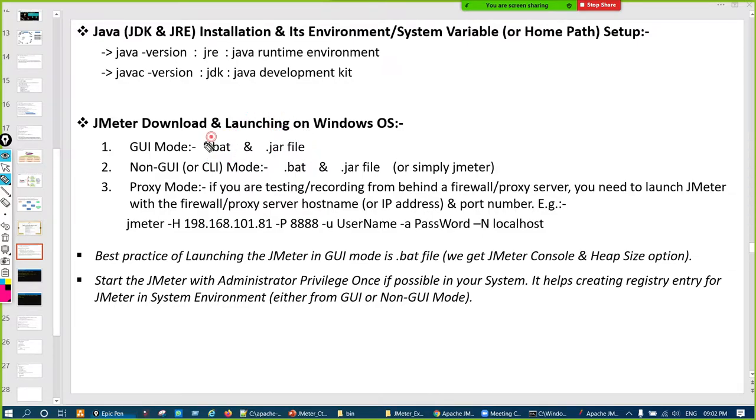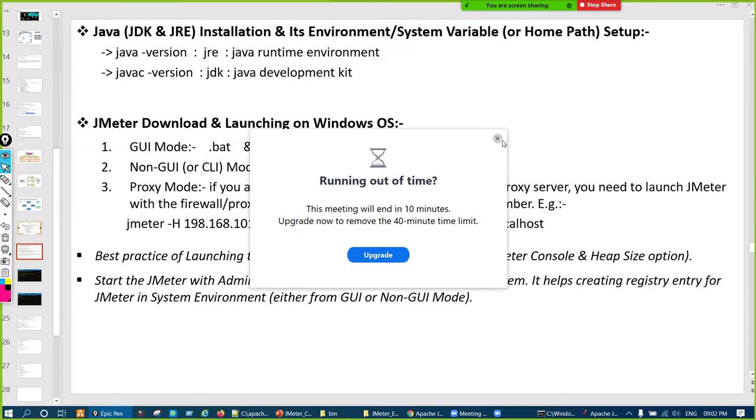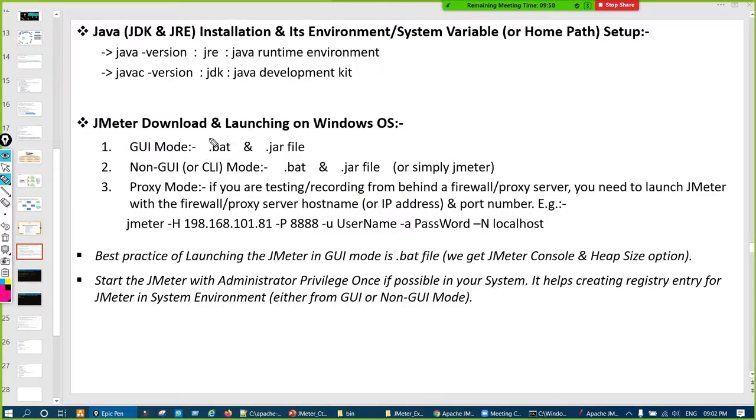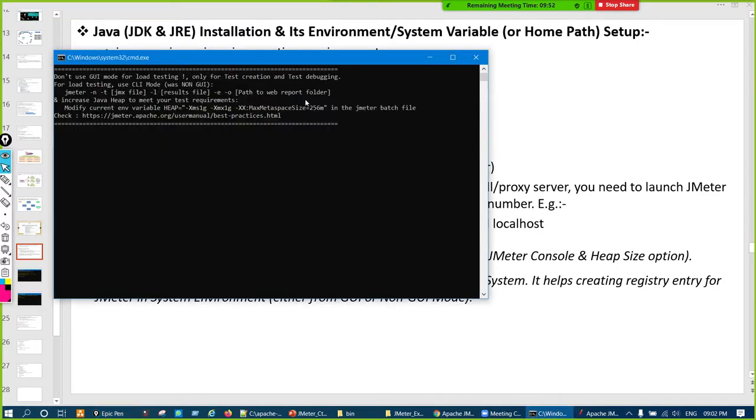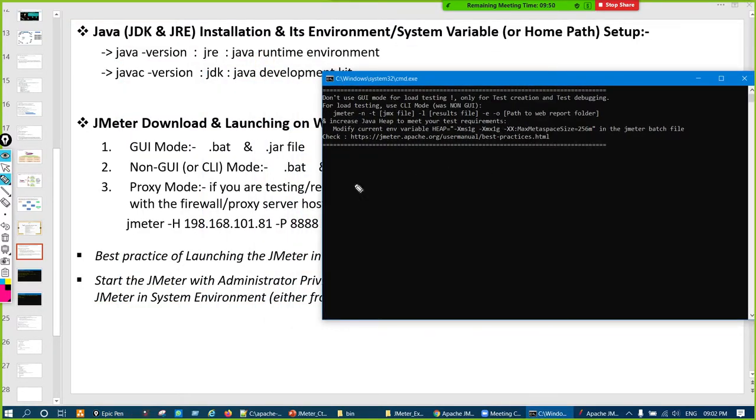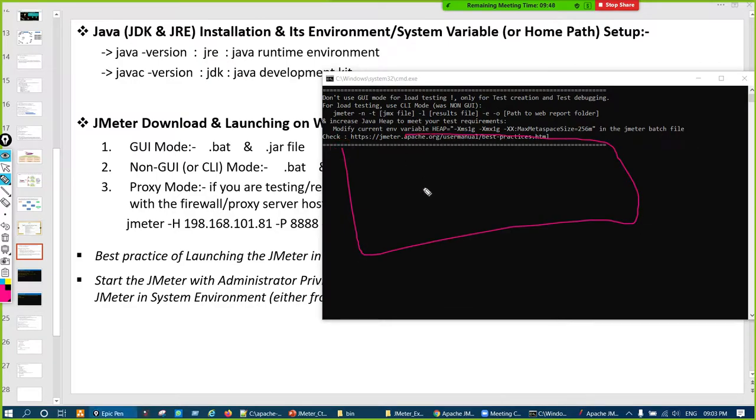The beauty of .bat is that whenever we launch JMeter with it, this console comes, and some information will come here whenever you are working on JMeter, and if any error happens. That's why we always prefer to launch JMeter from the .bat file. And one more reason is there, which I'll show you in the CLI mode. So these two points are clear.